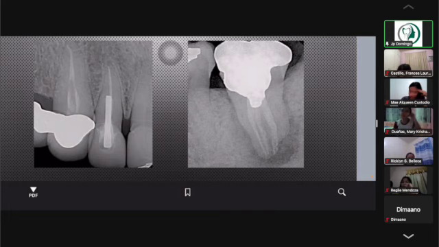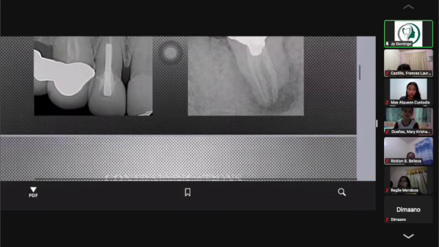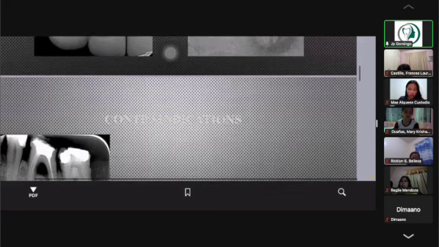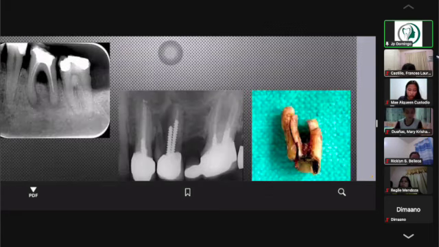What about the contraindications? Okay? We have what we call dental factors, like poor periodontal support or the patient has active periodontal disease. Okay? So look at the photo on the left. There is absence of bone at the bifurcation area. So don't do surgical endo on that. Extract it. Okay, another